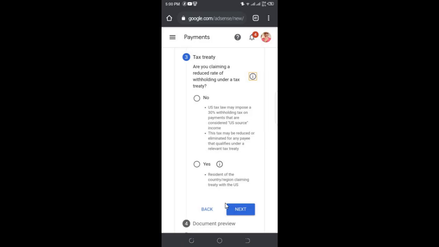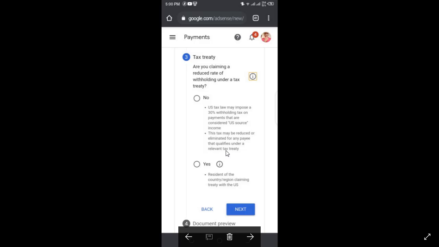And then in the next part you're going to see tax treaty. Here you see, are you claiming a reduced rate of withholding under a tax treaty? There's an option saying no, and another one saying yes. In the option no, it says US tax law may impose a 30% withholding tax on payments that are considered US source income. This tax may be reduced or eliminated for any payee that qualifies under the relevant tax treaty.